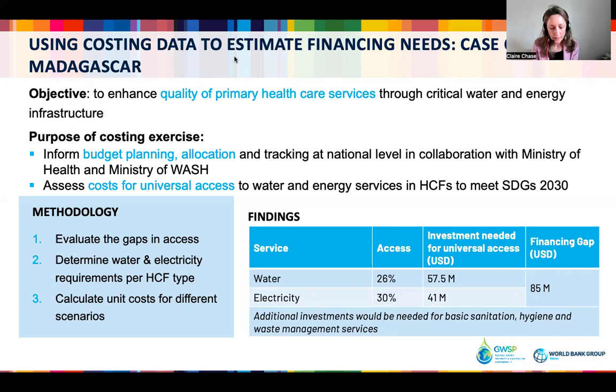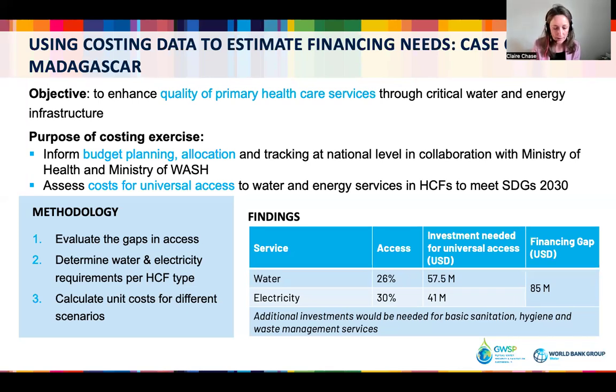This was a collaboration between our health and water practices, where there was a request from the vice president of the region to understand what the costs are to enhancing the primary healthcare services in countries in the region. In Madagascar, I'm just giving the example. This was also done in other countries. So they are looking specifically at water supply and electricity. So this is not a full WASH in healthcare facilities cost assessment, but just looking at the water supply